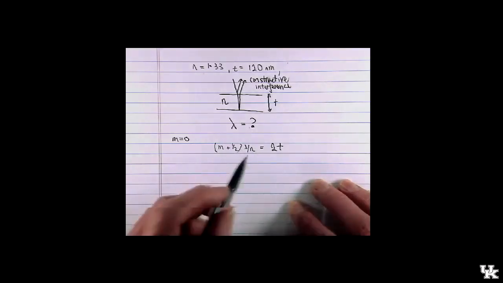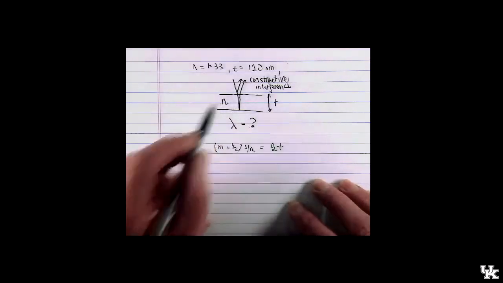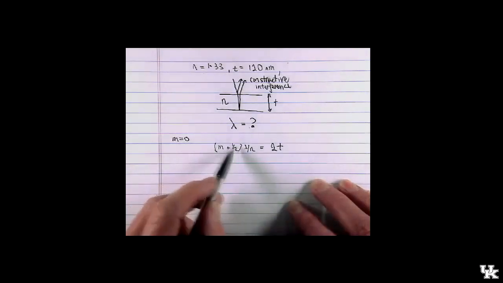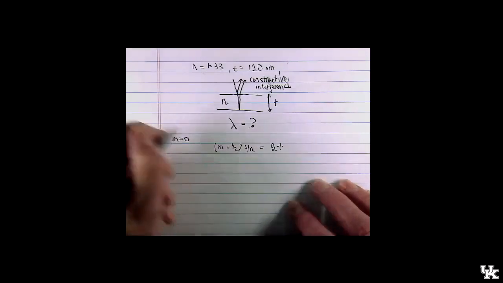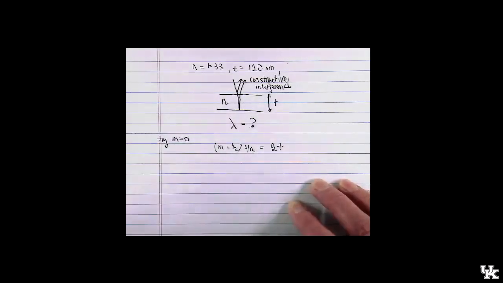That's what I'm going to calculate. And n is the refractive index of the material, the water. That's the amount that the wavelength shrinks in the water. And then the m plus 1/2 is just our notation for 1/2 or 3/2 or 5/2 or 7/2. As I say, I'm going to try m equals 0